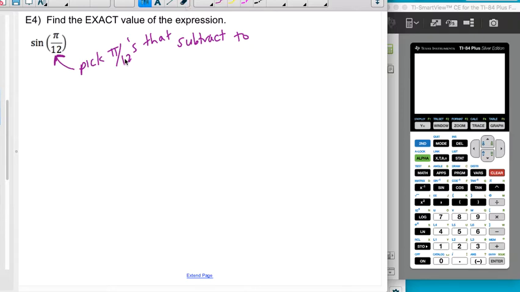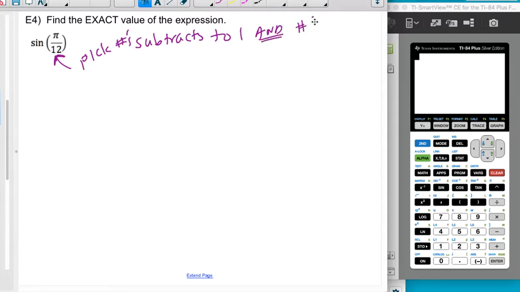Actually, you don't even need to pick pi over 12. You need to pick numbers that subtract to 1,